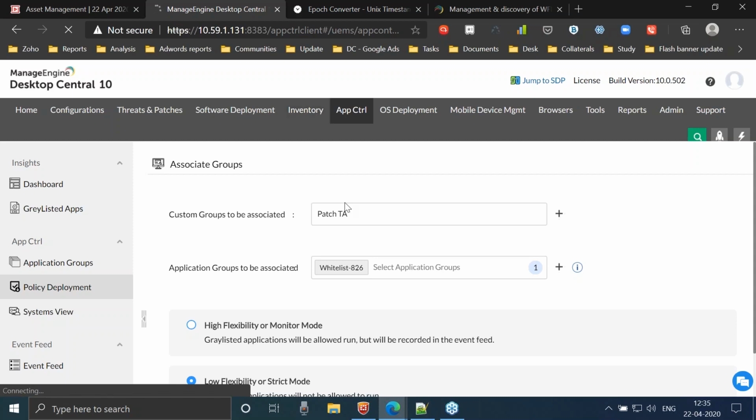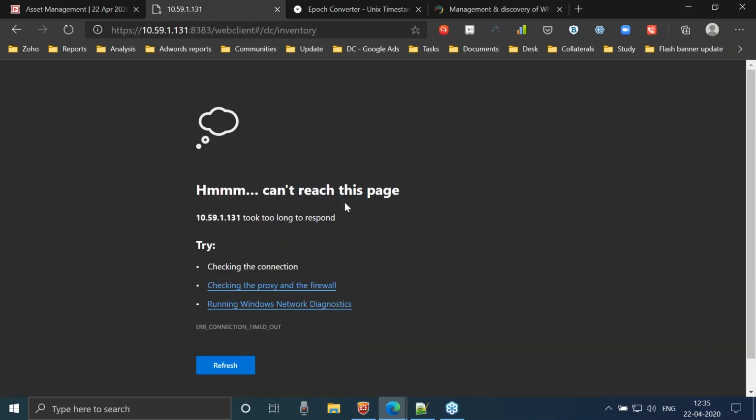In terms of prohibiting software, what you can do is, I'm sorry, please just bear with me. In terms of prohibit software,